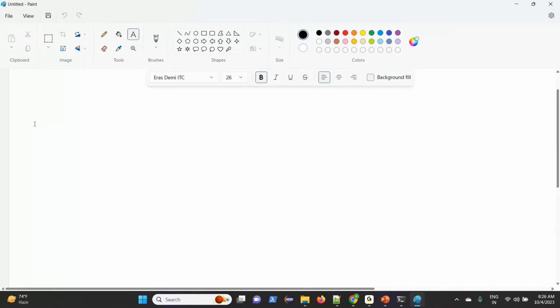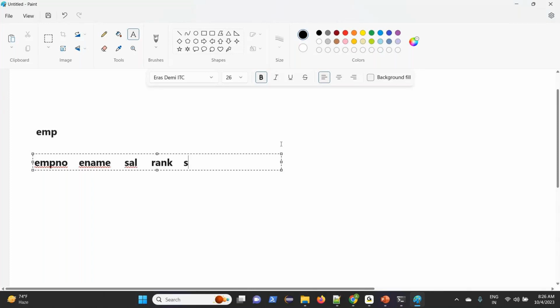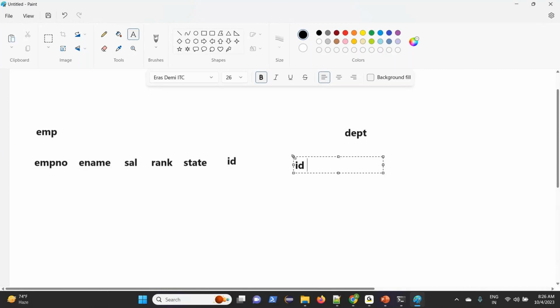Okay, so let's say I have an employee table. There is employee number, e-name, salary and rank and state. Let's say department number also you can take, or ID. Okay, there is a DEPT table where there is ID